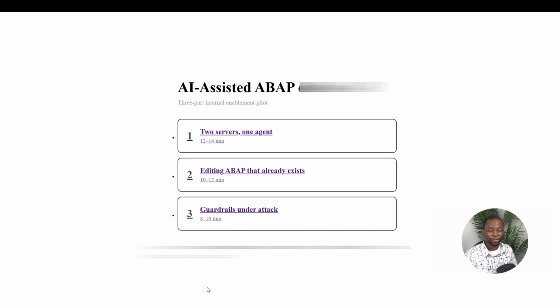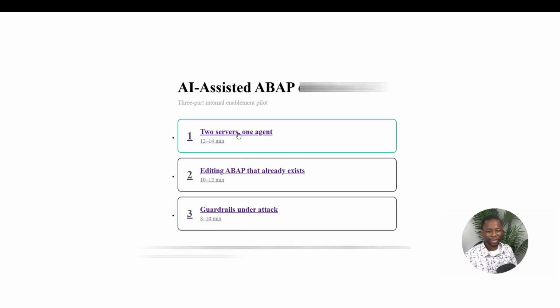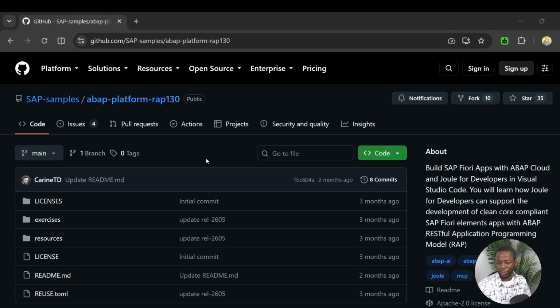All right. In this video, we have 2 servers and 1 agent, and we're going to look more into the agentic AI assisted programming. And we're going to see how to edit the ABAP program that already exists, and also there are certain guardrails that we need to set. Okay. So what this means is, of course, if you have seen SAP's RAP 130 workshop, what we are going to do now will look familiar, but this